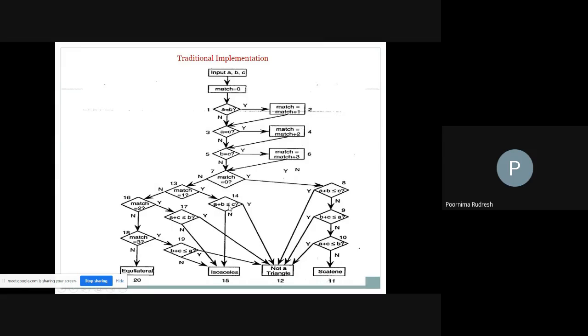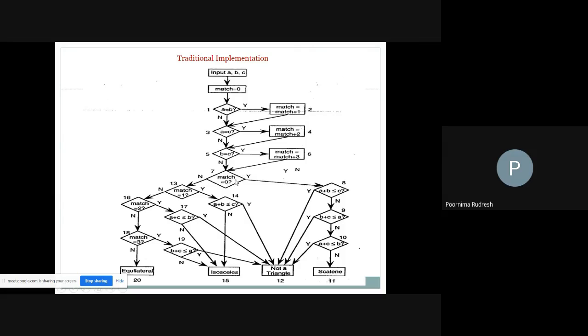And if A plus B is less than or equal to C, if this condition is satisfied, then we say that it is not a triangle, otherwise it is an isosceles triangle. Similarly, we are checking if A plus C is less than or equal to B. If not, it is an isosceles triangle. If this condition is satisfied, it indicates that B is greater than A plus C, then it is not a triangle.